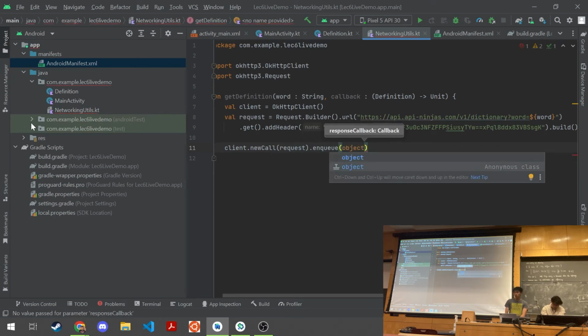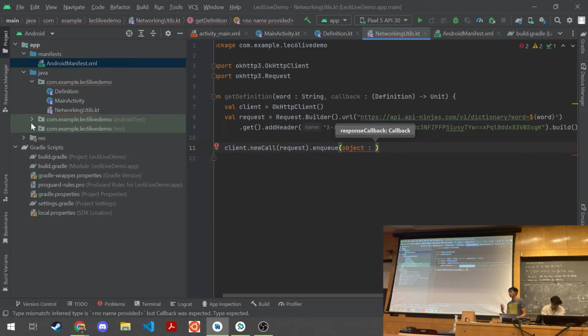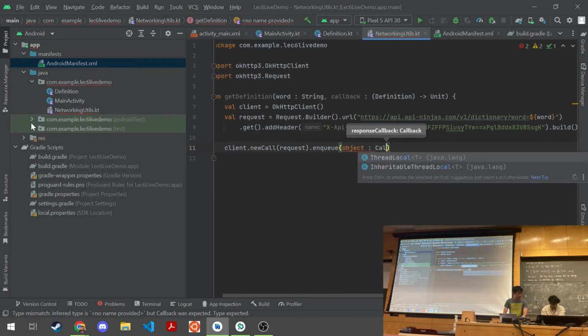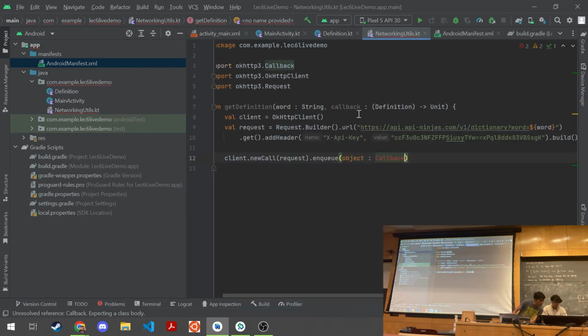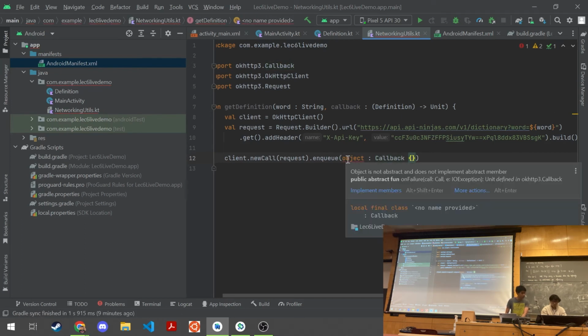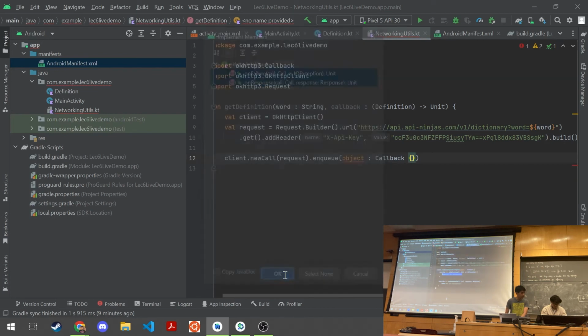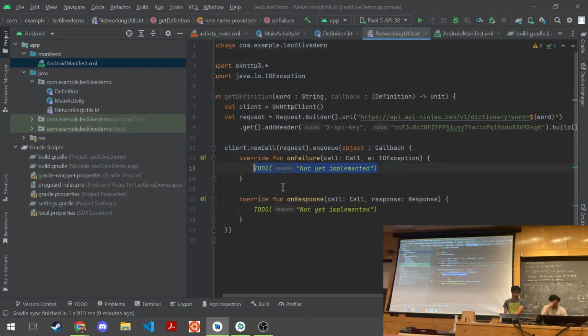And so this will take in a callback object, which is kind of like an on-click listener, if you will, in which whenever you get the response back from the API, you will call this or do whatever is specified in this object. So just like a click listener, import the right one. You have to import the right functions for this. It's because Callback is an interface. So I'll just roll over this little squiggly, import members, and override these two functions. There we go. Very similar to a seek bar on click listener.